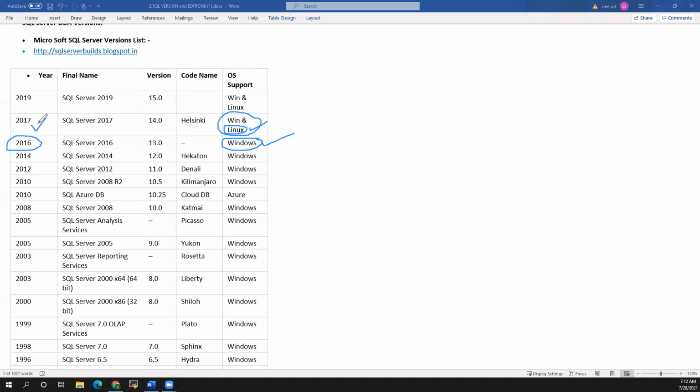From SQL Server 2017 onwards, it is not platform dependent, so you can install on Linux boxes as well. SQL Server 2019 also runs on Windows and Linux boxes. This is, you can say, a major achievement for SQL Server.